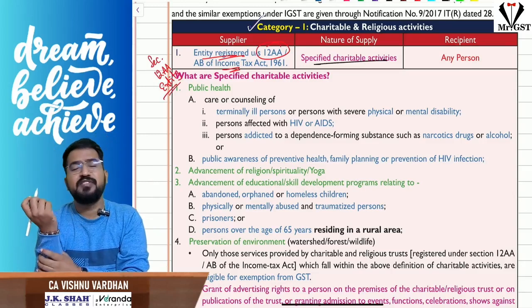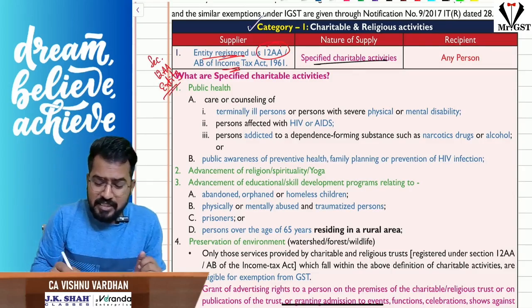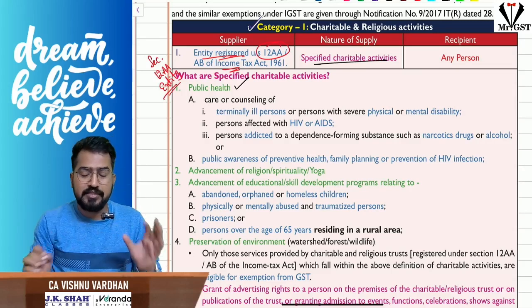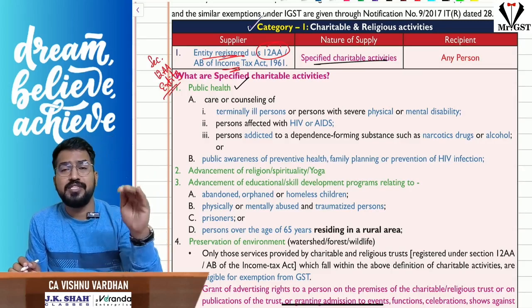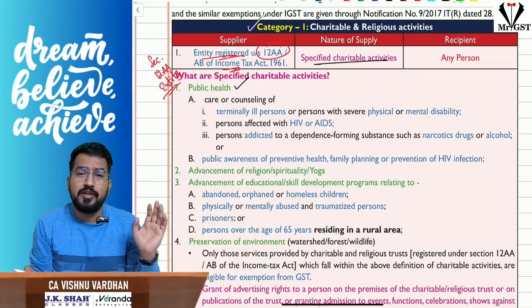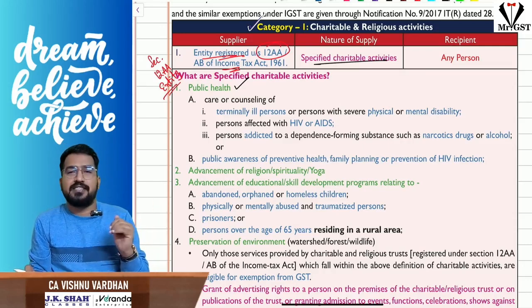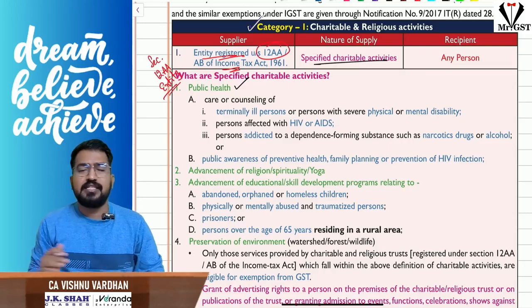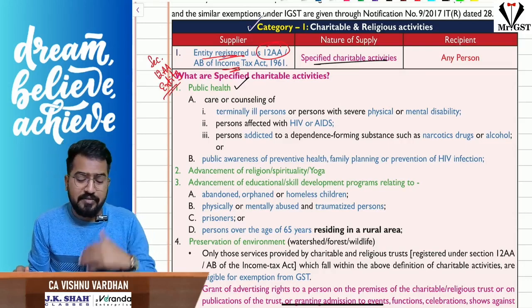Sir, what are specified charitable activities? Specified charitable activities are, one, related to public health. Understand, if charitable institutions provide these types of activities without consideration, there is no GST at all. But if they are charging consideration, then we are talking about those cases. So if they are charging consideration and providing specified charitable activities like public health,